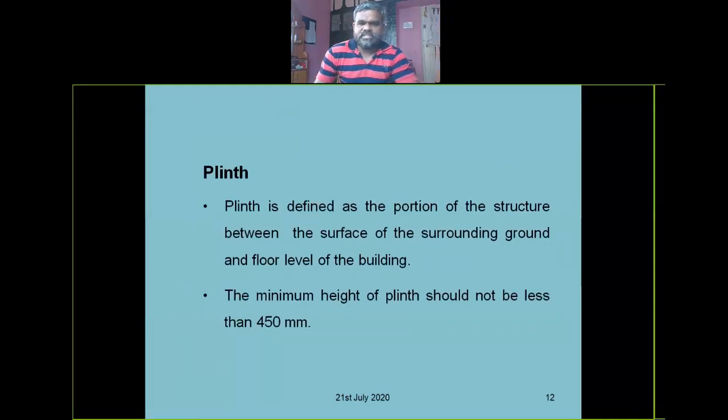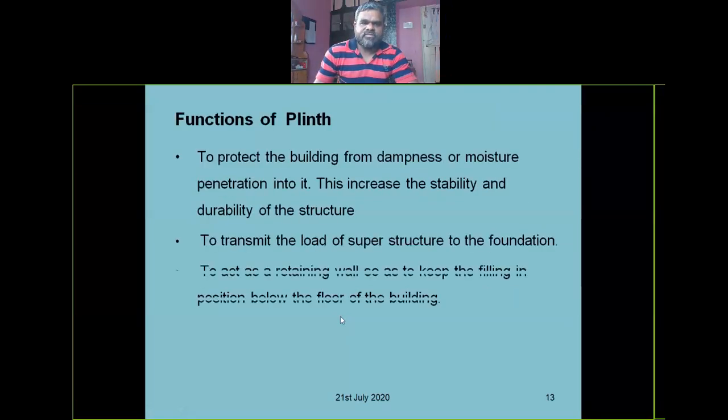Plinth is defined as the portion of the structure between the surface of the surrounding ground and the floor level of the building. It means the structure which is slightly above the ground and slightly below the ground, which is the connection between the foundation and superstructure, you can say, right? The minimum height of a plinth should not be less than 450 mm, that is 1.5 feet, right? So the functions of plinth are